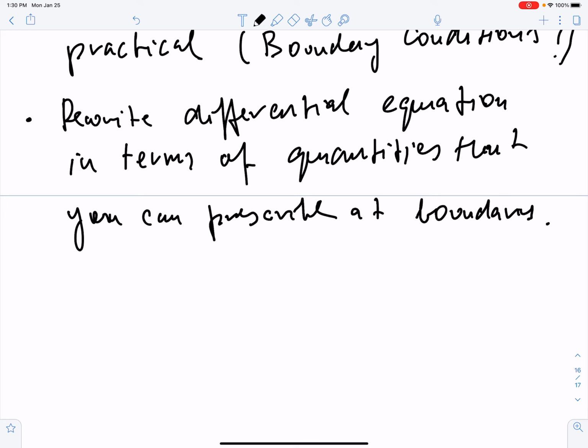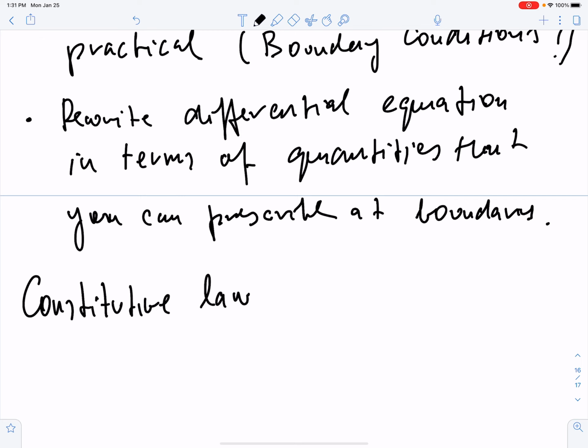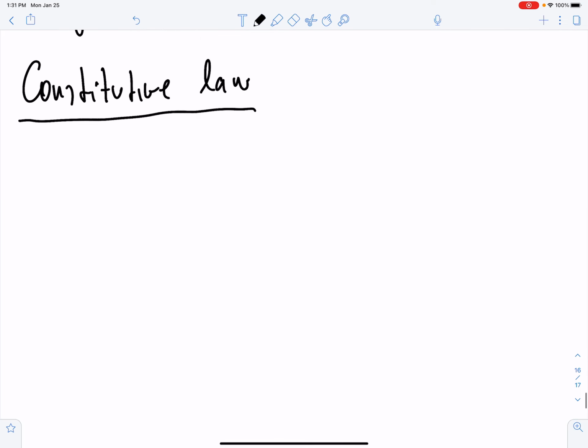And so for this reason, there are a couple more steps that you need to take, and I believe you've seen these things in 310, so let me remind you. So you need to add what's called a constitutive law. And what constitutive laws do is relate force or stress type quantities to kinematic quantities, displacements, strains, and so forth. And so the way this proceeds here,